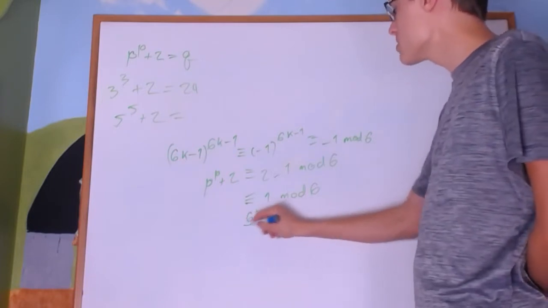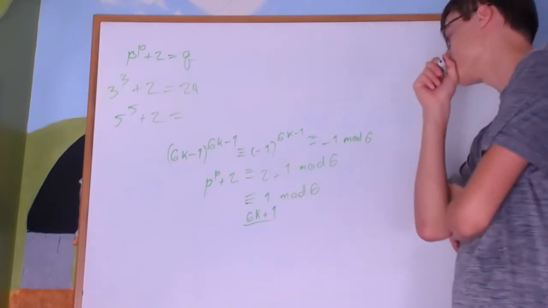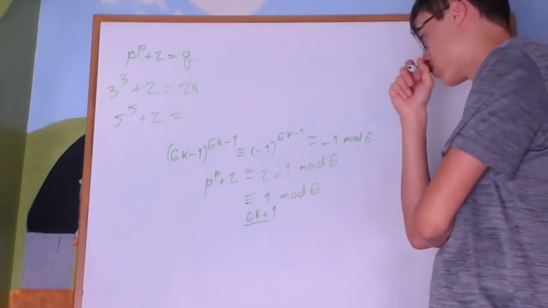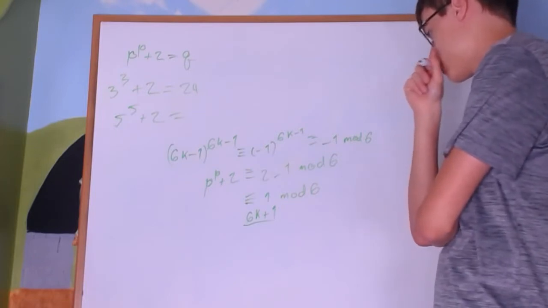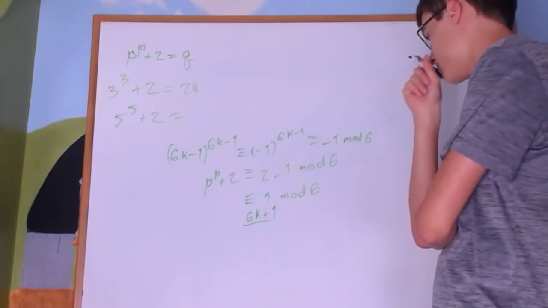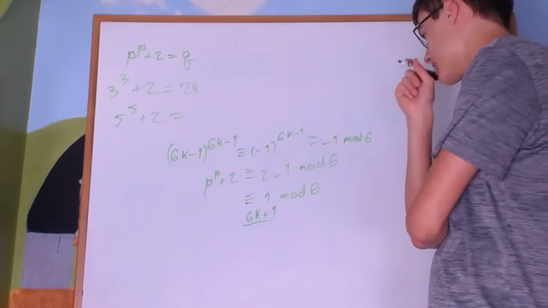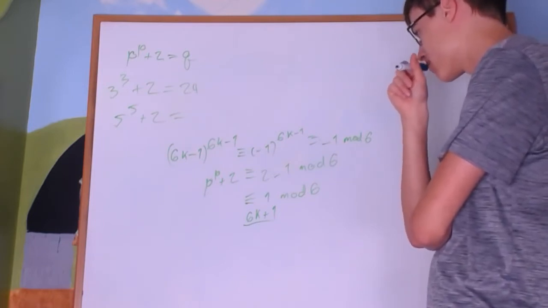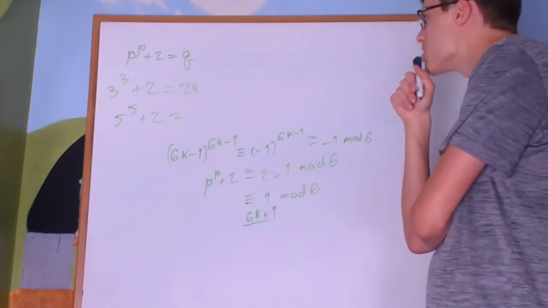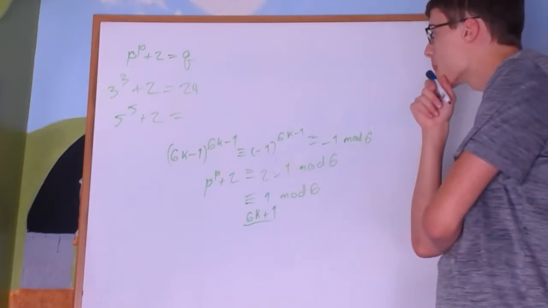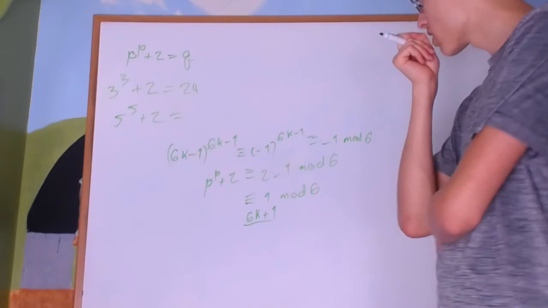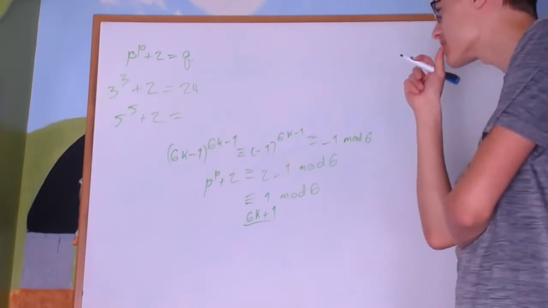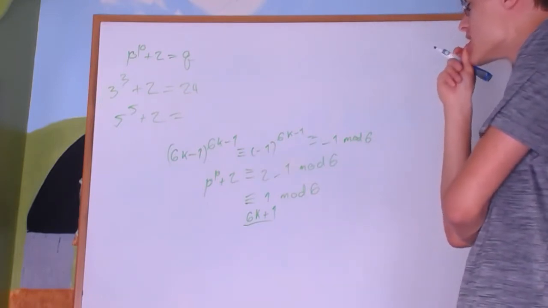Because it could be a prime of the type 6k plus 1. So how do I know that it's just not going to be one of those? That it's not going to be prime. That's actually pretty rare, isn't it? So